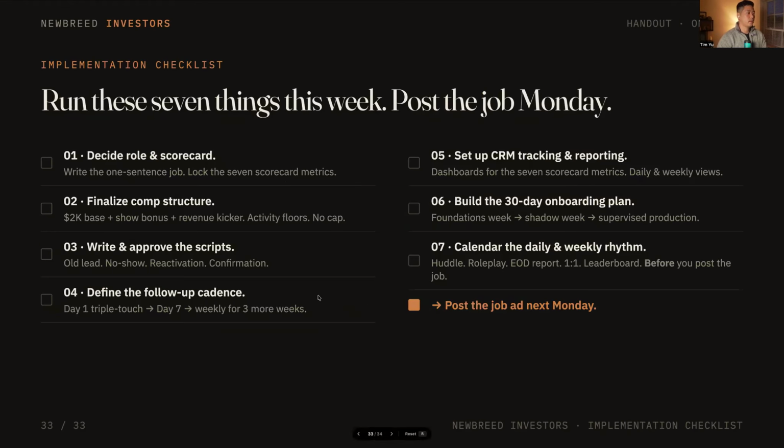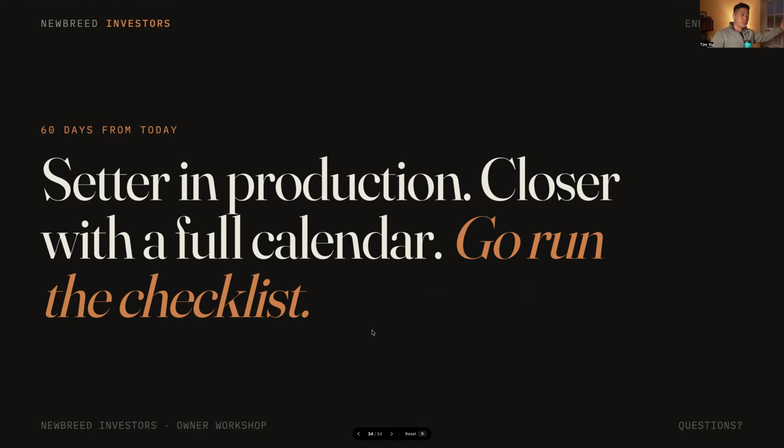Okay. Here's the implementation checklist, right? Decide the role, your scorecard, finalize your comp structure, what you want to pay, write and improve your scripts, which I'll give you, define the follow-up cadence, set up the CRM, tracking reporting for your managers, build the 30-day onboarding program, which we've done for you as well, and then also the calendar and daily rhythm. And at the end of the day, you want to post your job. So, setter in production, closer with a full calendar. Just go run the play, run the checklist, and then we'll show you guys what it looks like to run